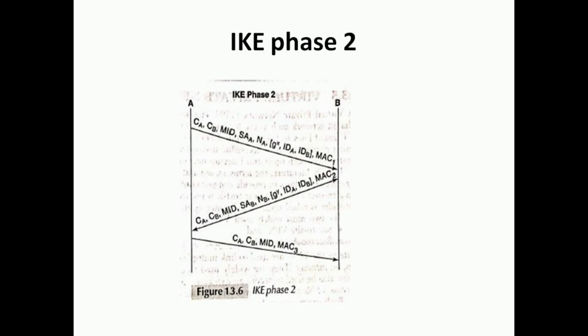In addition to the agreement on a cryptographic suite, the purpose of this phase is to agree on the secret keys. These secrets are computed simultaneously by both sides and are a function of KD computed in phase 1 and the nonces NA and NB exchanged in this phase. Then they are going to exchange the partial secret keys also. So both sides will then create an entry for the new SA in their database of SAs.